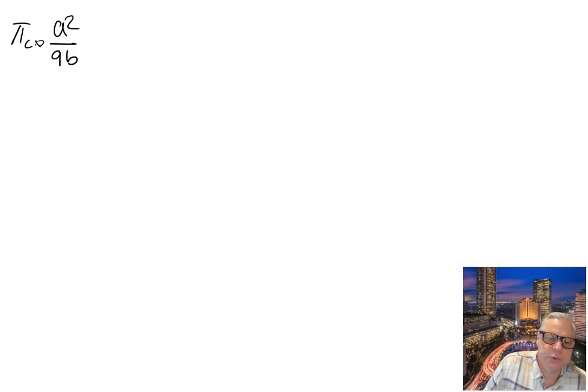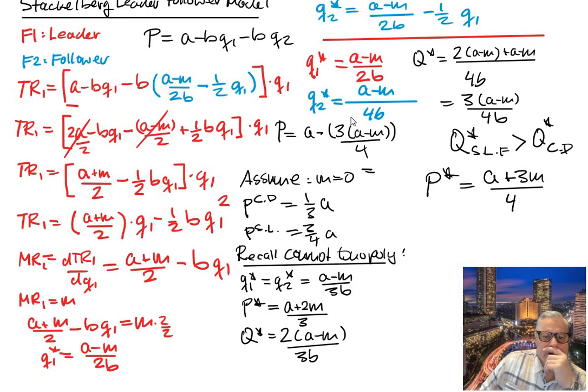Profit, Cournot duopoly. And of course they were the same for both firms. But now we know that the leader has a quantity of A minus M over 2B